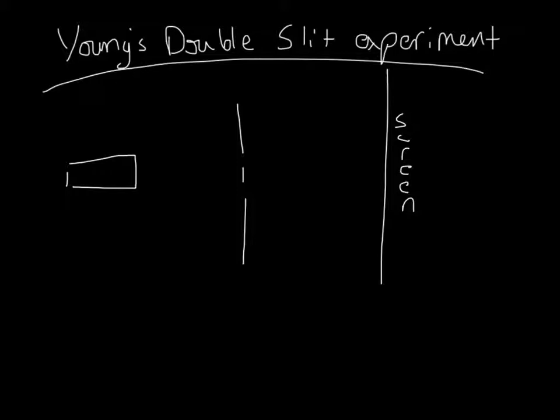What Young did was he took a light source right here, and he shot one photon at this double slit. So ideally, if he shot one photon at the slit, it should just follow a path, pick a hole, and hit the screen. And guess what? That's what it did. Photons came through, they went and hit the screen. But they started going through both of them, and then some started going all the way out here, and others all the way out here.